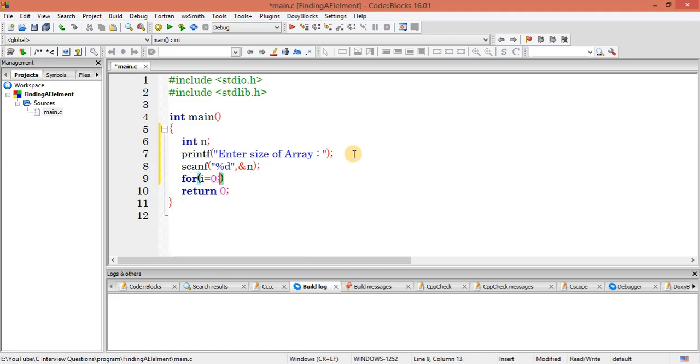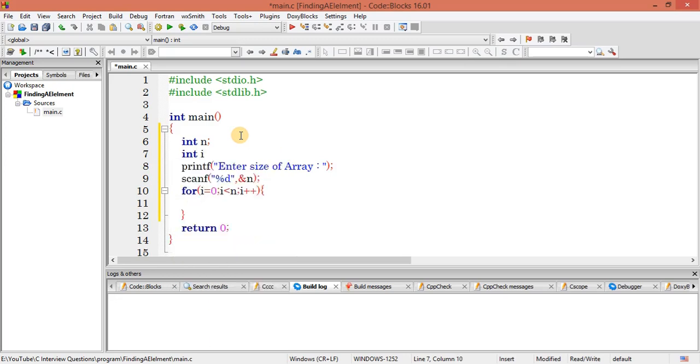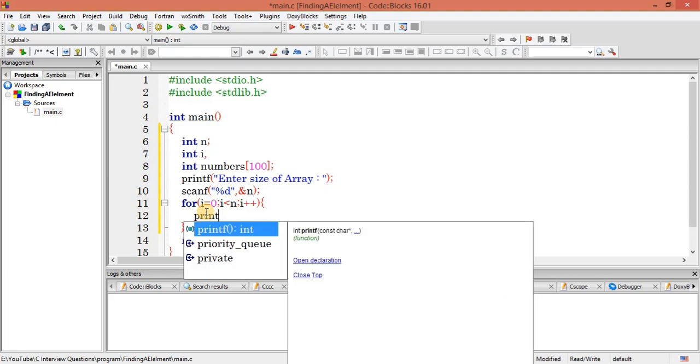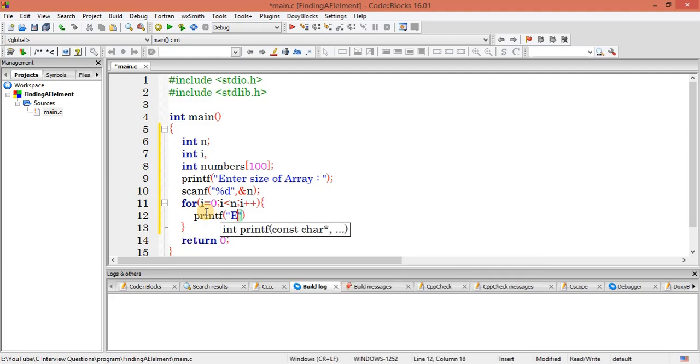So I equal to 0, I should be less than n, I plus plus, and let me declare this I, and let me declare an array called numbers, with size 100. Now I will write printf, enter first numbers.